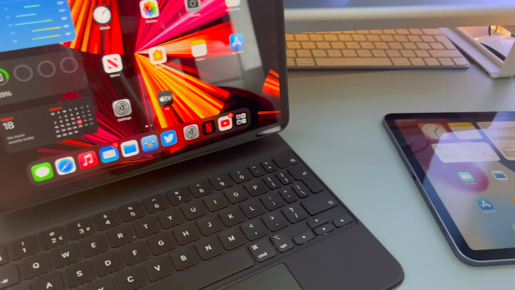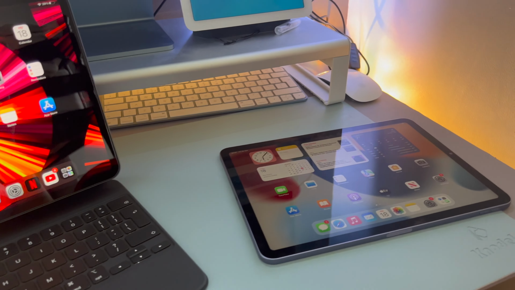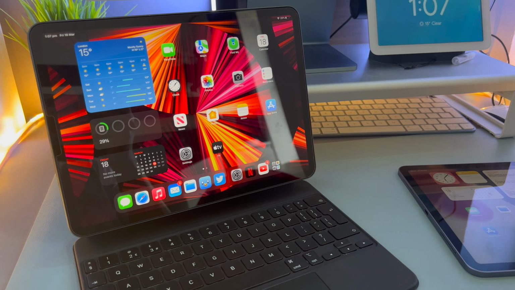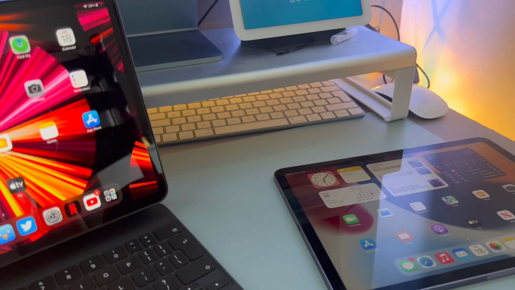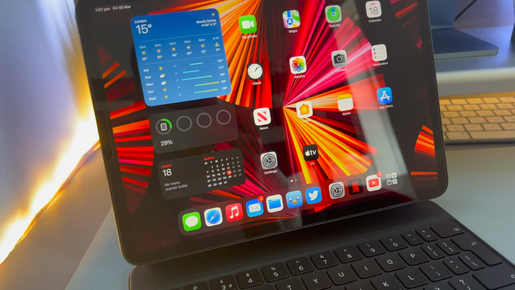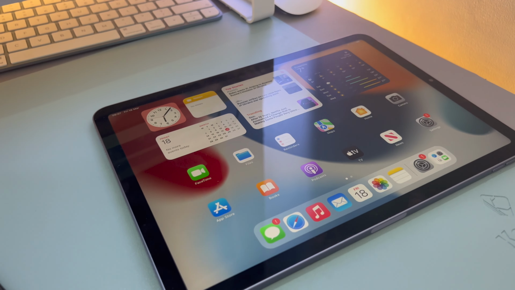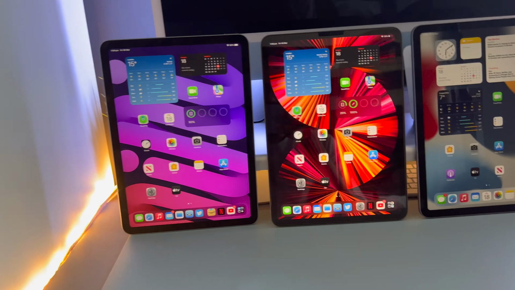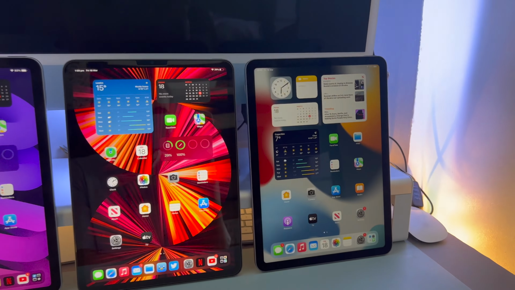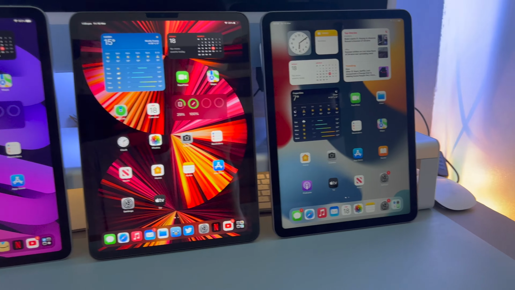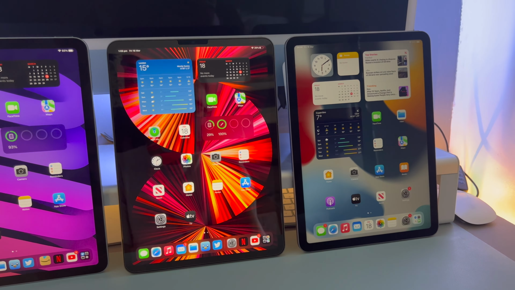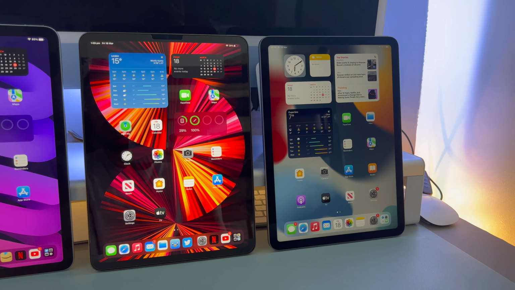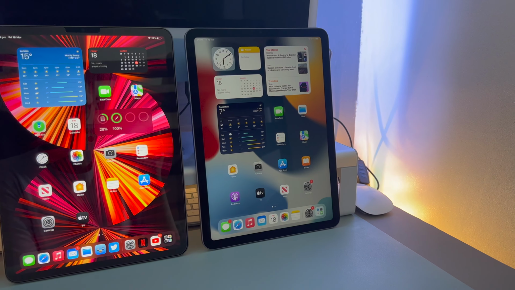Both devices, as mentioned before, are equipped with the brand new M1 chip, which makes life easy on the iPad when you're doing demanding tasks. However, the iPad Pro can be configured up to 16 gigabytes RAM, whereas the iPad Air is set at 8 gigabytes. So initially, I'm coming from the iPad Air 4, which is on the left, and I was going to upgrade to the iPad Air 5, which is on the far right. But I found a much better deal for the iPad Pro, and obviously with 64 gigabytes being too low, if you opt to go for the 256 gigabytes,